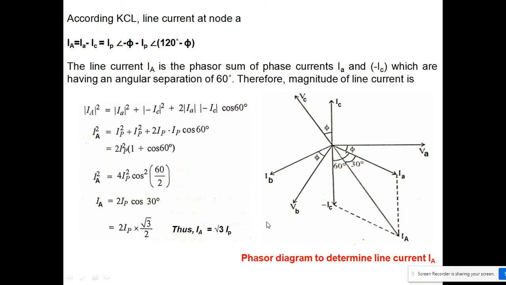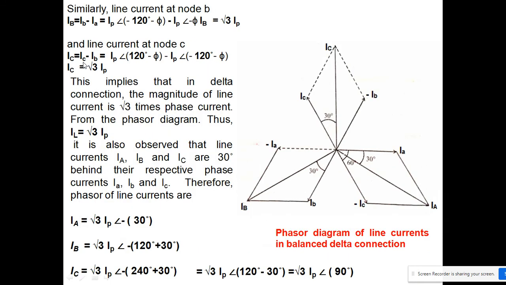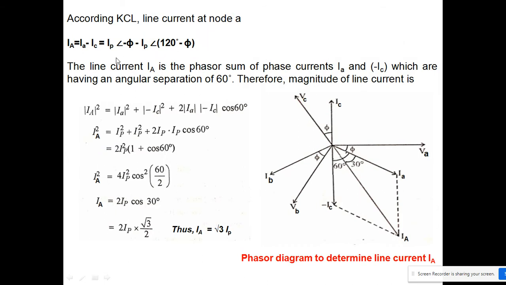And in the third case, when I am talking about the line current in the C line, that is nothing but IC minus IB. So you can see here IC minus IB. So I draw my minus IB in this direction, and again I am calculating my resultant. It's nothing but a parallelogram, and using the same formula, again we will get the same value here.